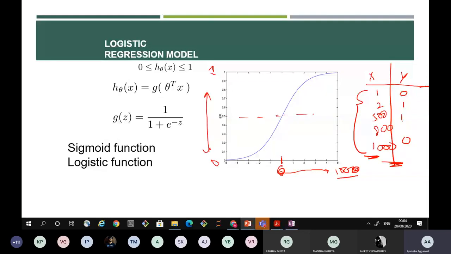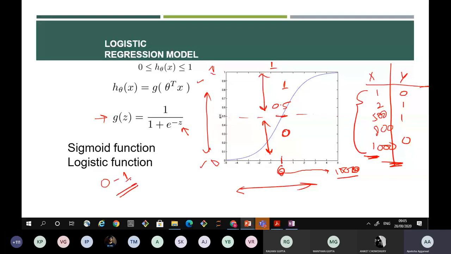So middle point would be 0.5. If for a sample y is from 0.5 to 1, I'll predict 1. And if it is from 0 to 0.5, I'll predict 0. So if x can range from any number, y should always be between 0 and 1. What the sigmoid function does is it always converts any number z to between 0 and 1. If I put any number z over here, it will give me a value that ranges between 0 and 1. So that is why we use sigmoid function.